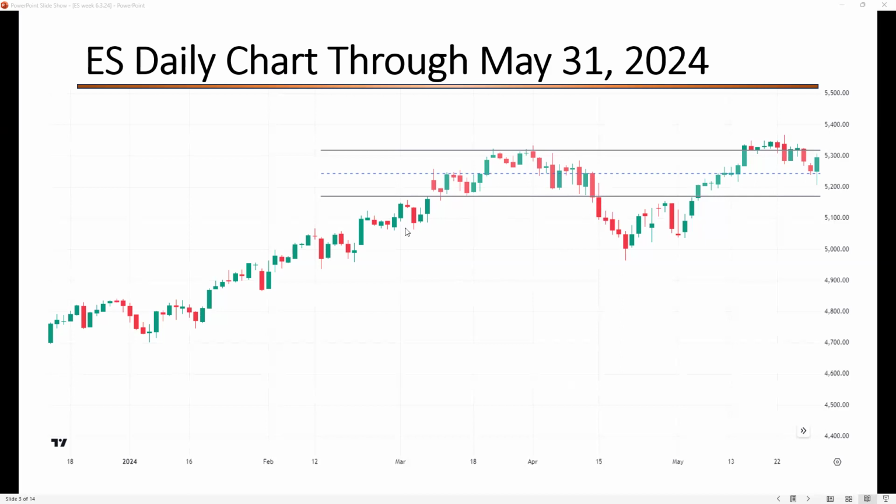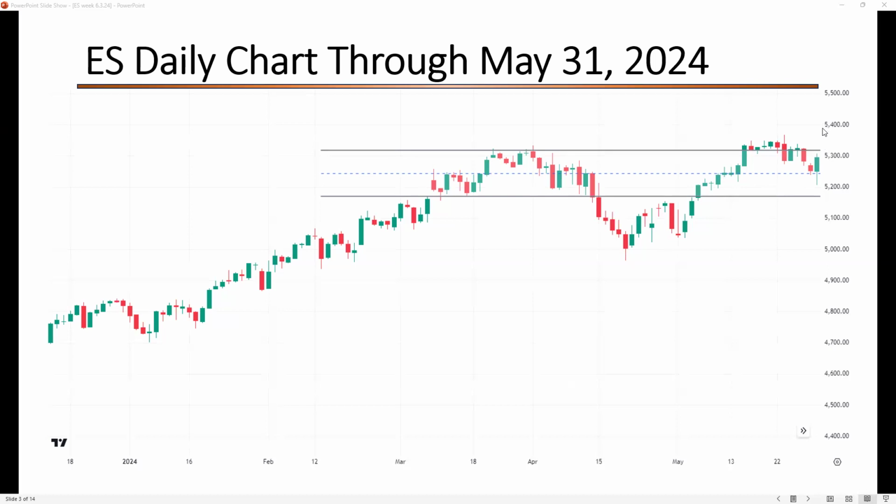This drop also broke through this support right here in the 5050 area, but did find support in this next support zone, the 4950 to 4960 area. The market then recaptured this zone in May. And once it did, it moved back to test the middle and then back up to the top of the zone. For this week, we're looking to see again if the market can break up and above this zone, and